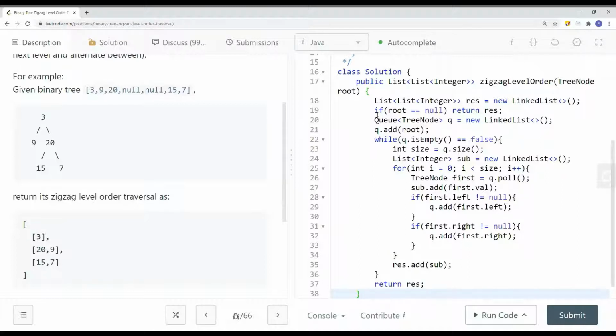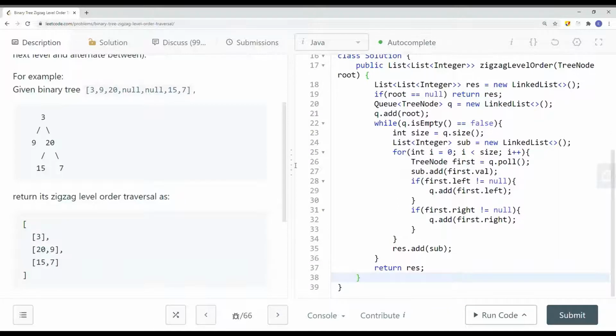We're basically adding each and every single element for the next level onto the queue, so that when we traverse the next level, we're going to add its next level elements onto the queue, removing the current elements that we have on the queue off of the queue and adding them onto the list, right? So basically, we're doing the same thing. We're doing level order traversal, but all that matters is how we're going to add the current element onto the